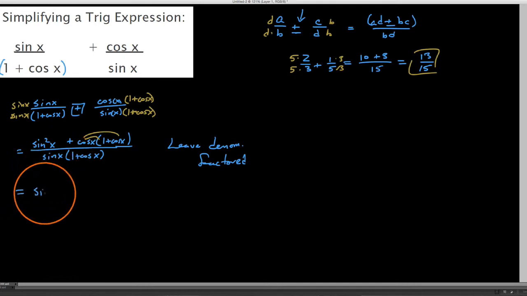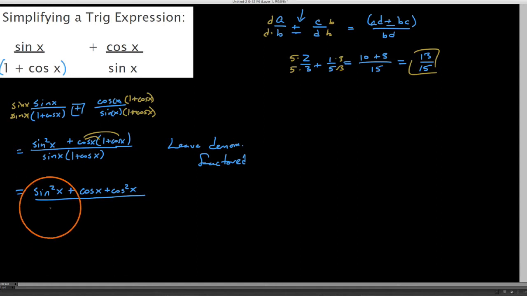So now, writing out what we have, I have the sine squared of x on top, plus cosine times 1, which would be cosine of x, plus cosine times cosine, which is cosine squared of x. And this is all over sine of x times 1 plus the cosine of x, where we had not distributed this. What is so nice about this expression here is the fact that on the top here,